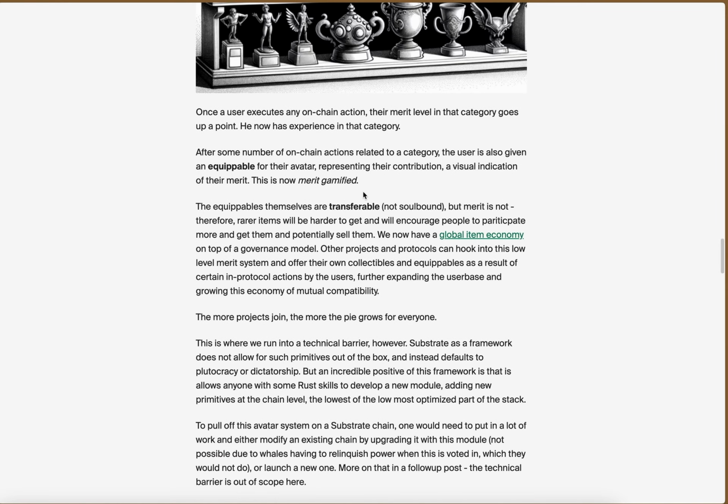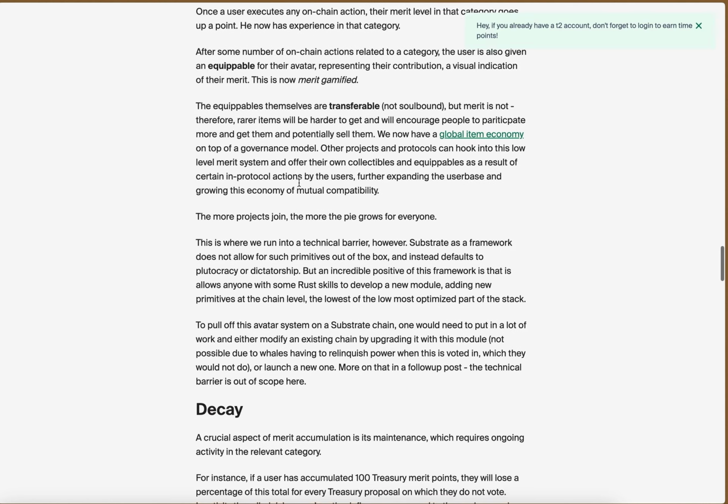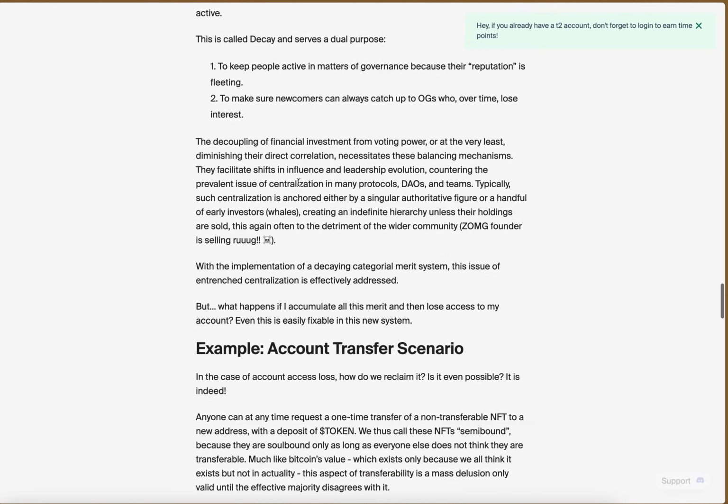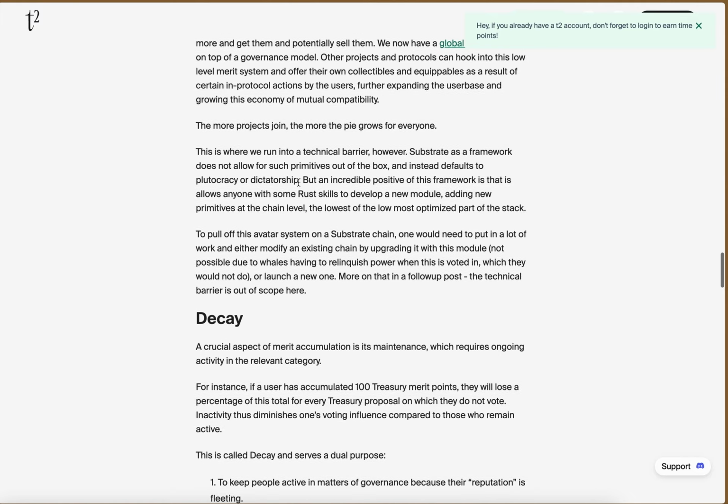As you use your merit to vote, you gain more merit, and your vote is worth more than the vote of a person with less merit. However, the decay here comes into play when you don't actually use your merit, and over time it decays. This makes sure that you have to use your account if you want to keep it.